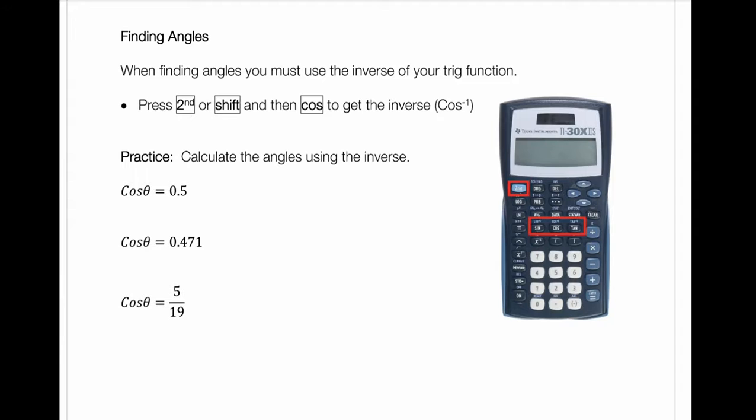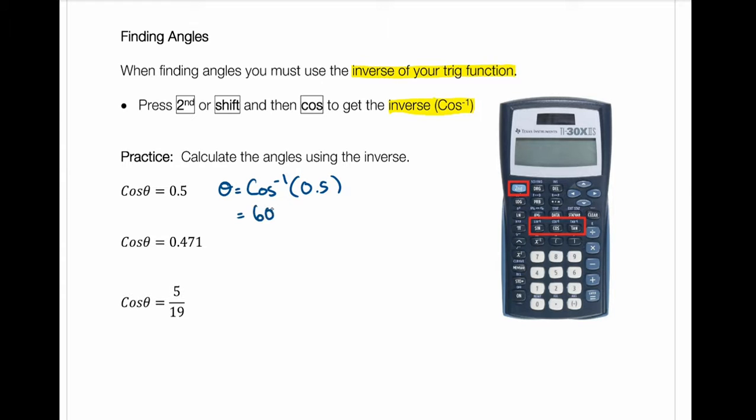Moving on to finding angles, again, it's very similar, if not almost identical, to the previous ratios. We still have to use the inverse of our trig function, so in this case, we're using the inverse of cosine, cosine -1, or the inverse of cos. So to calculate our angles, if I have cosine theta equals 0.5, I move the cosine over, theta is left on its own, cosine becomes the inverse, cosine -1 of 0.5. So you're using that shift and then cosine button to get your inverse,